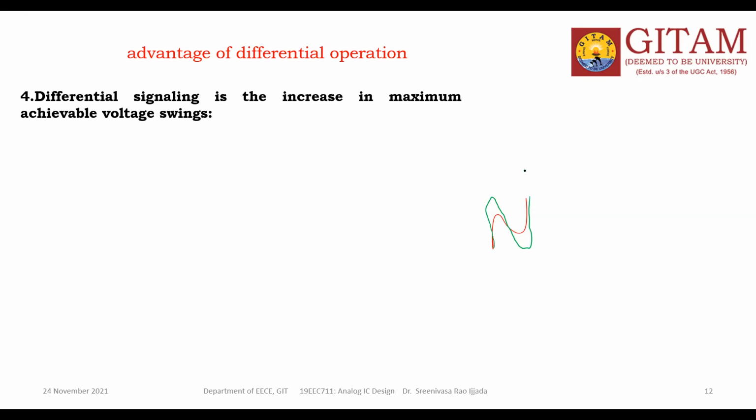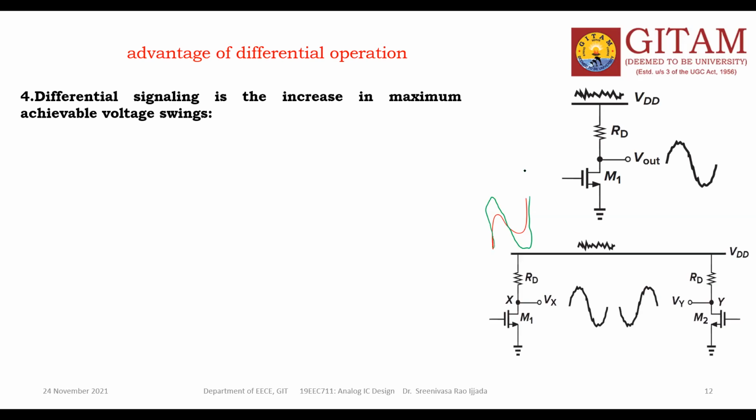So you can use the differential amplifier as an amplifier, a good amplifier, the best amplifier, with a reasonable amplification factor. So maximum achievable voltage swing means it is amplification. Okay, this is single-ended, of course. This is dual-ended. Okay.